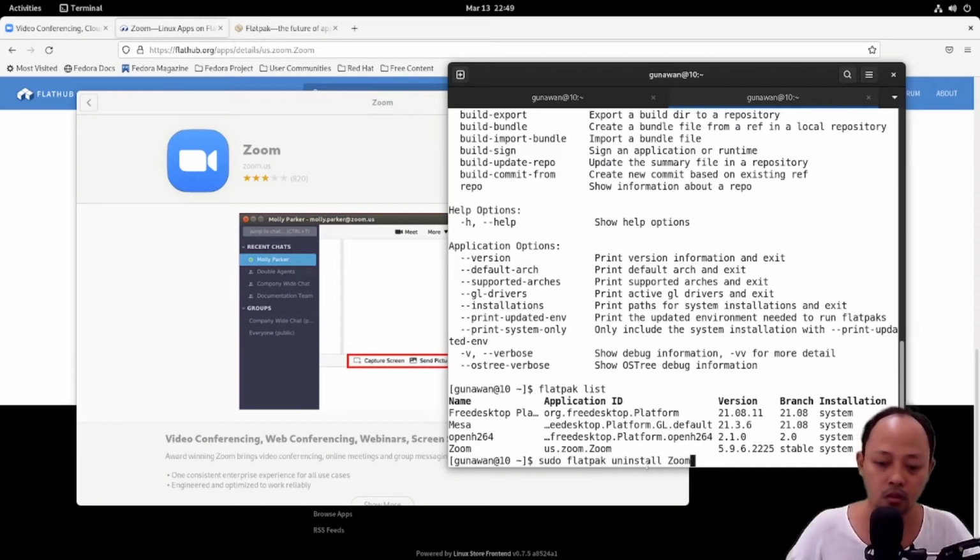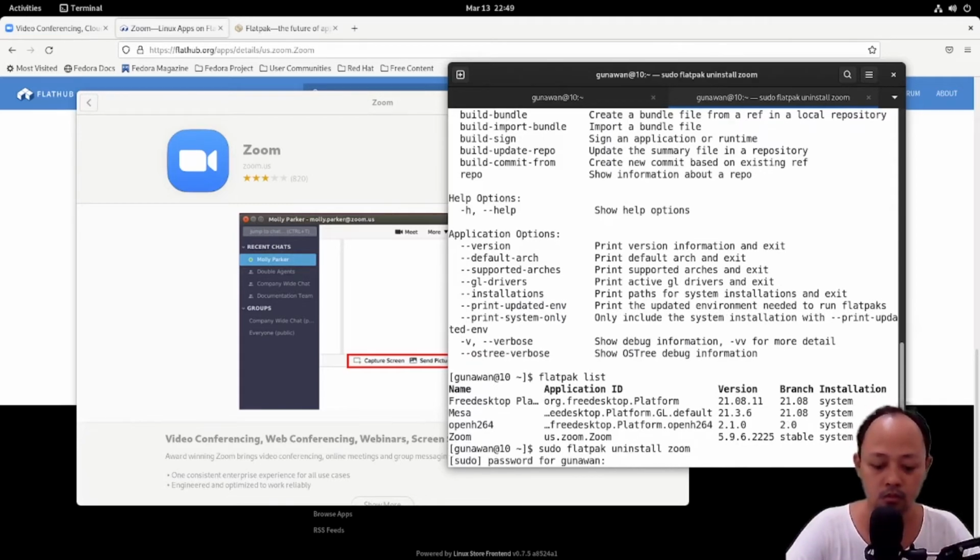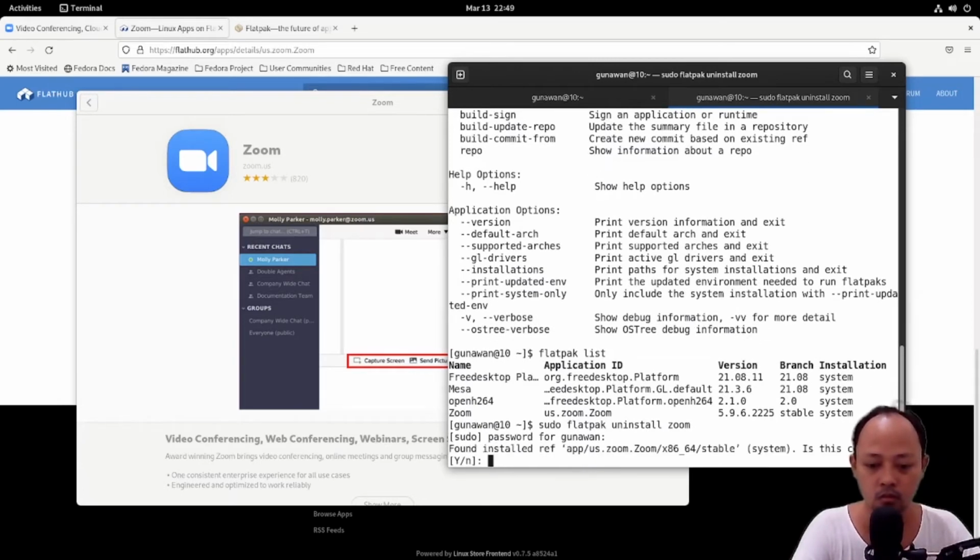Just remember that we need to type the same alphabet. We will try this Zoom. Okay, so even if we do not follow this alphabet, the Flatpak will ask us about the software, the apps that we want to uninstall.